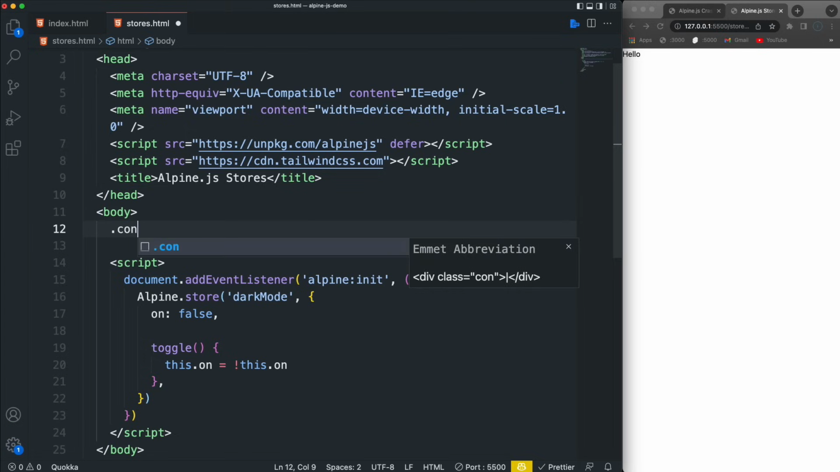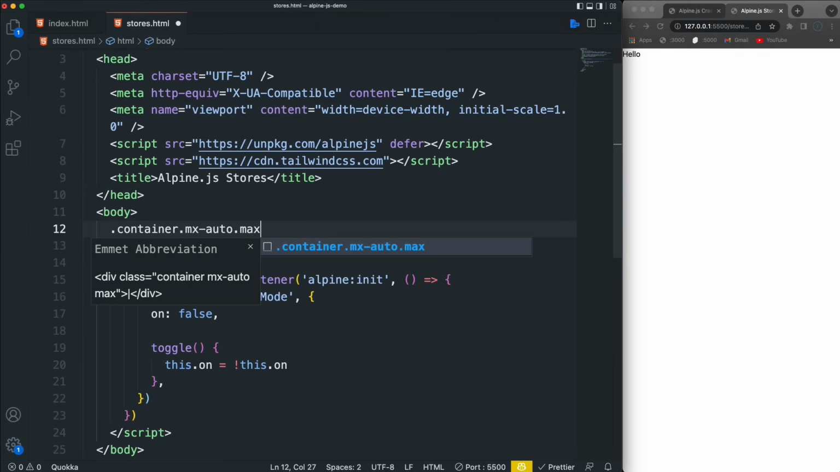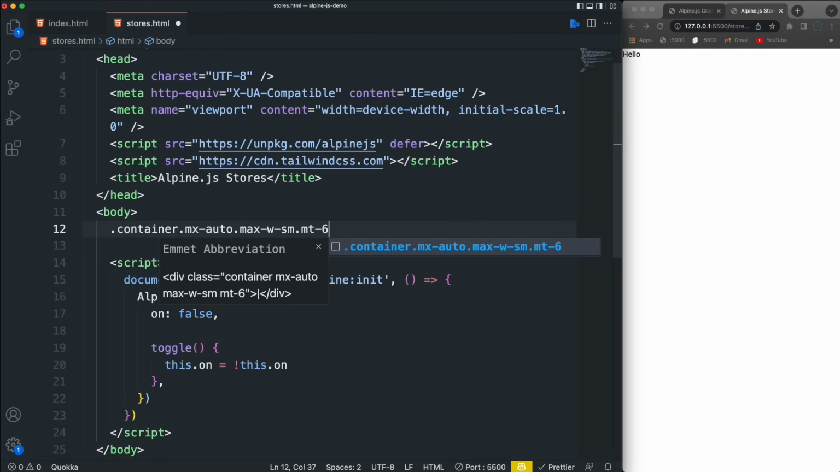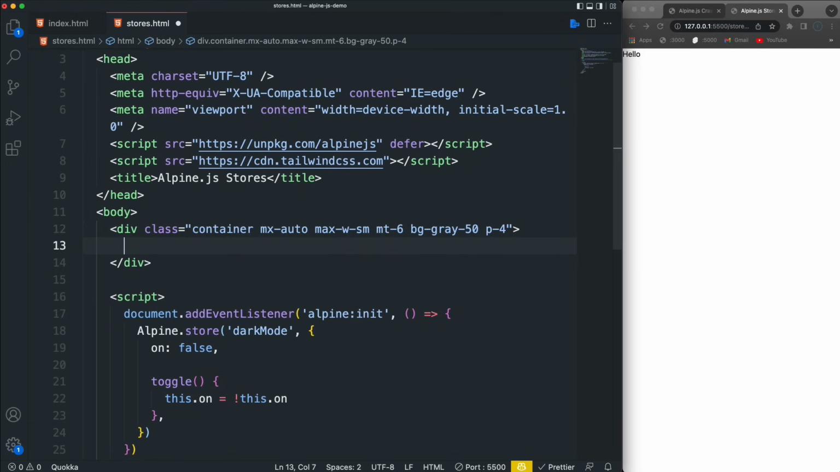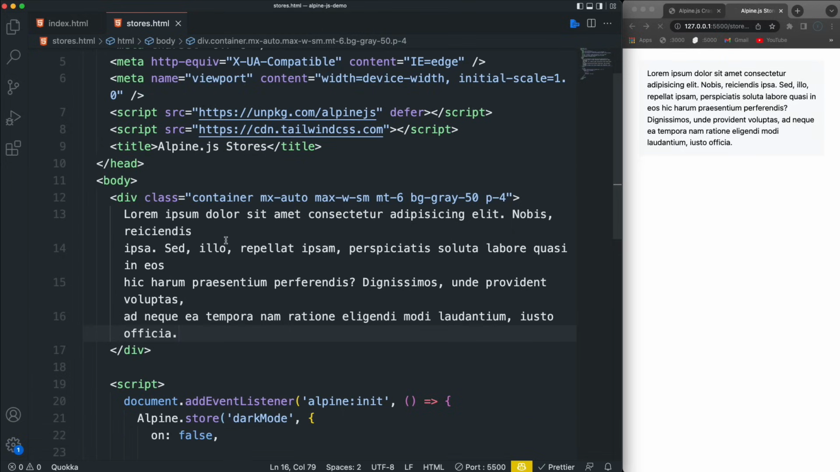I'm going to have a div, let's say container, we'll do mx-auto, let's say max-w-sm, and let's do mt-6, and we'll do a background of gray. Let's do bg-gray-50, and some padding. And then I'm just going to put some dummy text in here. We'll do lorem 40. All right. Now I want to make this a component, so I'm just going to say x-data, and I don't have to set any data here. What I want to do is bind